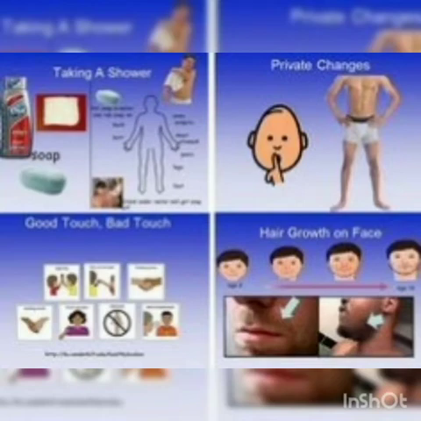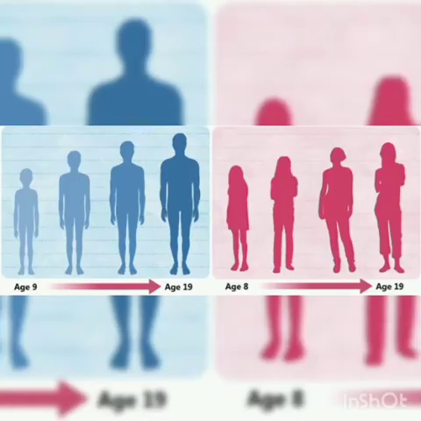Okay, and the second change which we can notice in an adolescent child is the body shape. The higher class boys will be changing in a remarkable way. We can notice a wider chest and broader shoulders in the case of adolescent boys when compared with that of the junior class children. It is a remarkable change where the shoulder gets broader. It shows that the child has attained puberty.